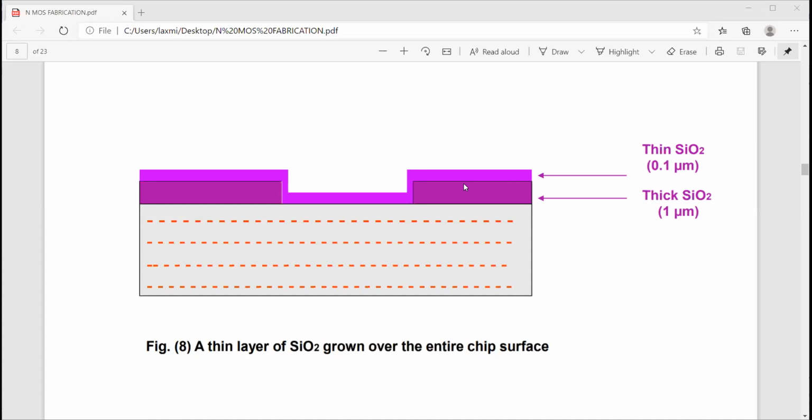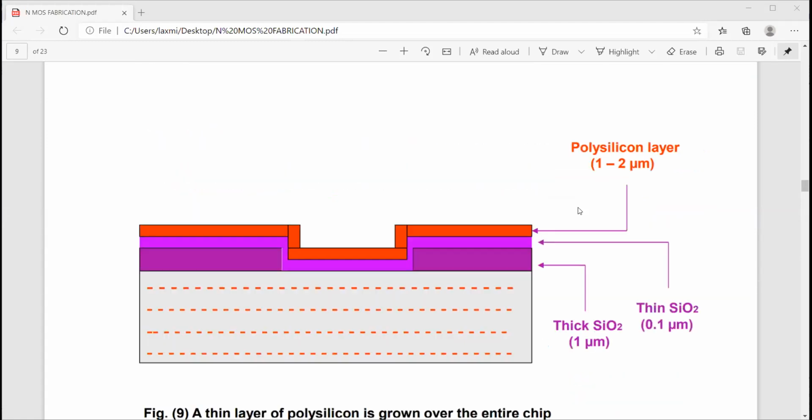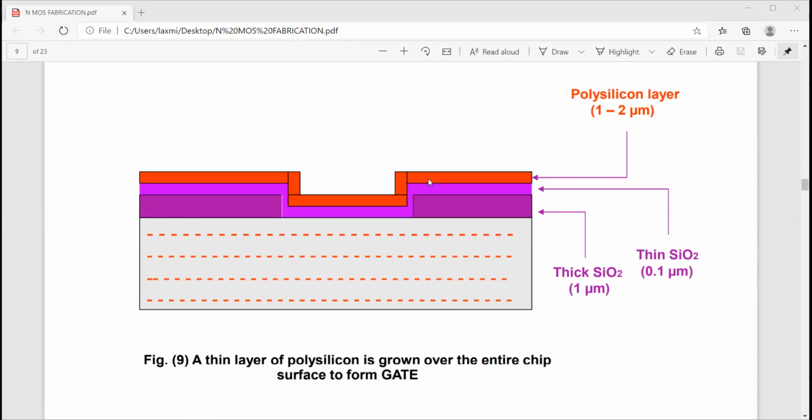First is a substrate. The substrate is a P substrate. P substrate paina one layer, that is a thick silicon dioxide, 1 micrometer. Next one more thin silicon dioxide we are imposing. A thin layer of silicon dioxide is grown over the entire chip surface. Entire chip surface paina em chesam, one more thin silicon dioxide layer vesesam. Ikkada chudandi, next polysilicon layer. Polysilicon ante it is like